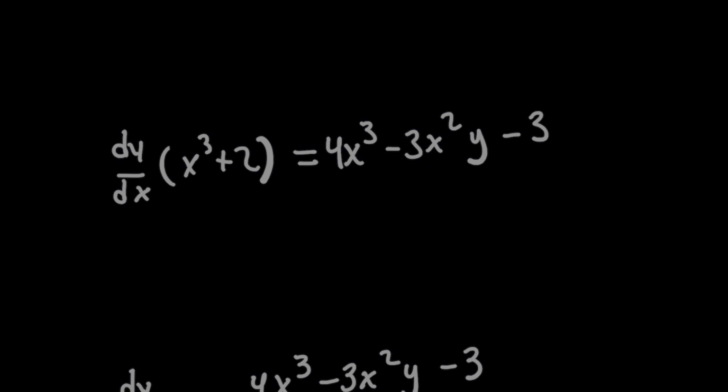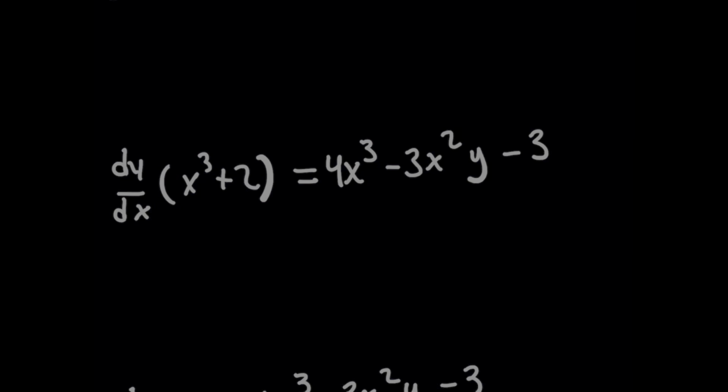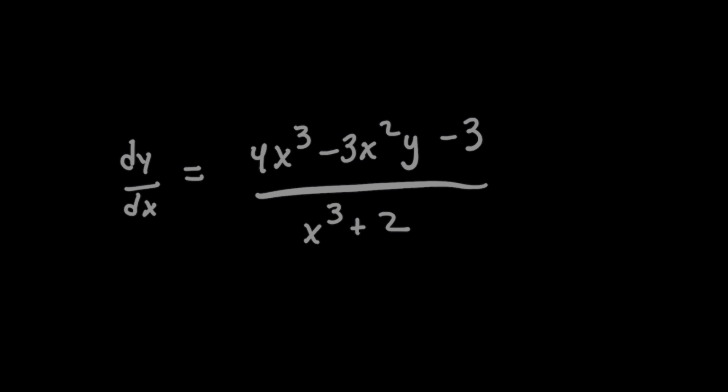So the last thing I'm going to do here is I'm just going to simply divide both sides by x cubed plus 2, getting dy over dx as your final answer. And for the next video, you'll want to make sure that